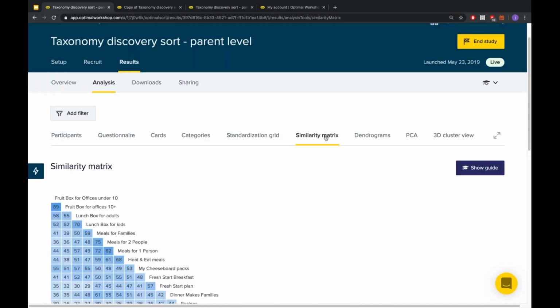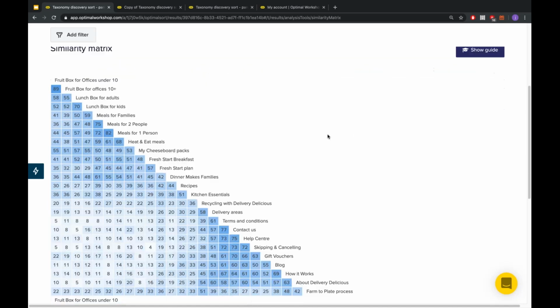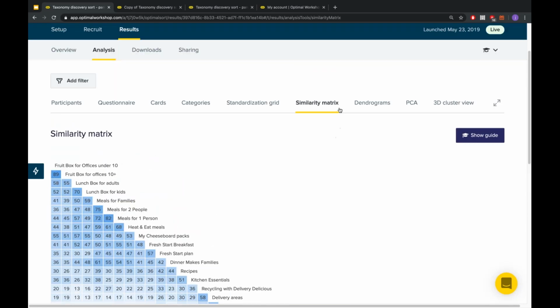Cool. Now, after that, we've got the statistical views. These are a little bit easier to understand. They take the whole data set that you've been provided and crunch it with a nice little algorithm, removing a lot of the manual work that card sorting used to involve, and giving you really easy to understand insights.